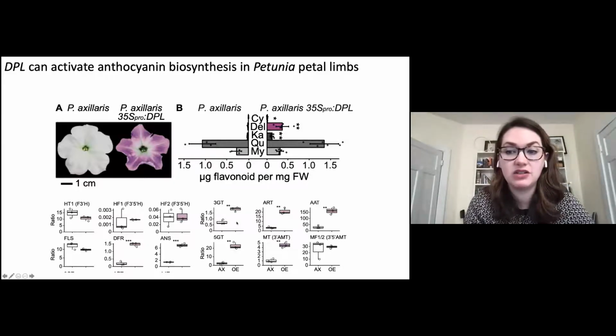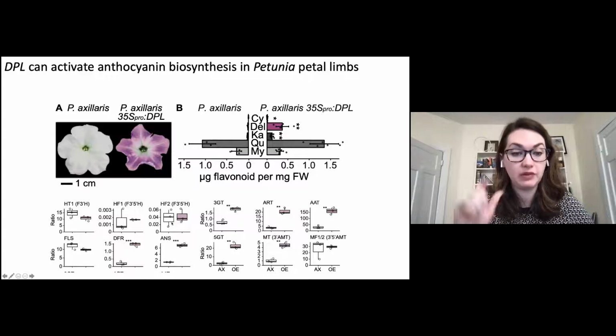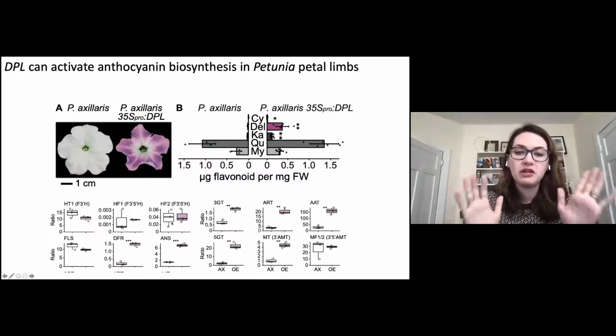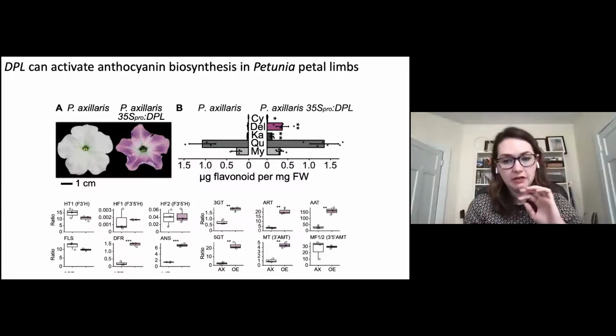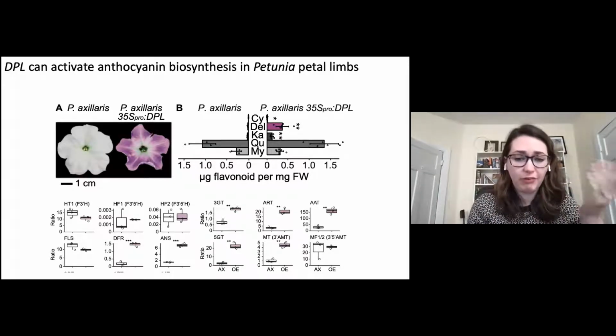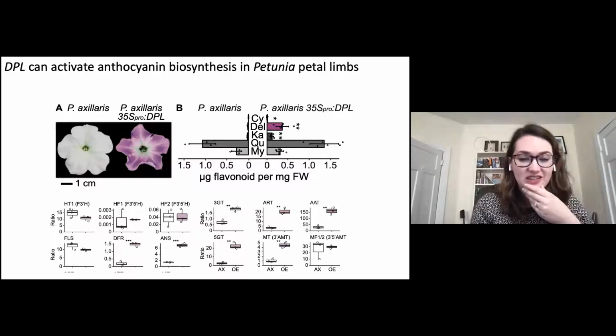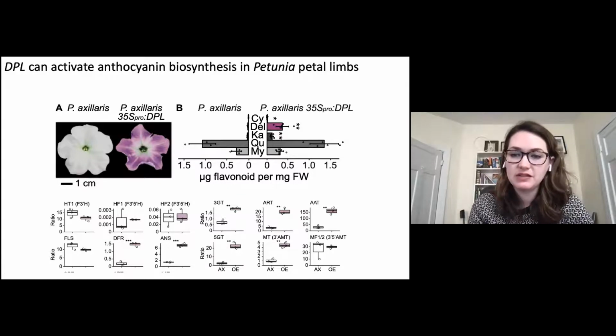It does not seem to differentially activate the hydroxylation genes, which would therefore control the hue of the color. So what we can say is that deep purple is the on-off switch for anthocyanins. One of the most obvious things you might be thinking right now is, why isn't the flower red when you overexpress this gene? We also wondered that, but then we sat down and thought, okay, let's think about this. This has to do with the specific changes in expression of the biosynthetic genes that I mentioned